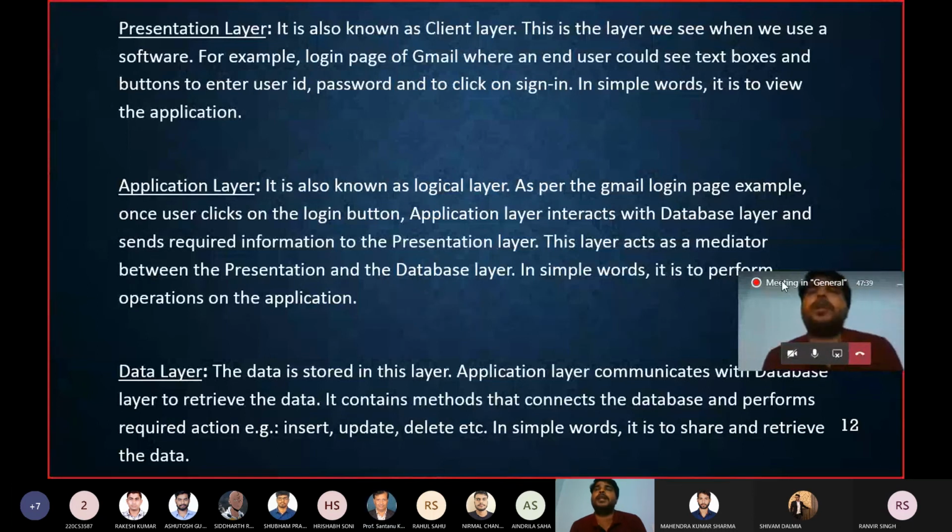Fundamental is okay: what is a client, what is a server, what is client server, what are the layers, what is 2-tier, 3-tier. But rather than that, the mechanism system is the important part. What do the layers do, how is it working? Everything you have to consider in the architecture. You should have at least 2-3 slides to explain the mechanism.